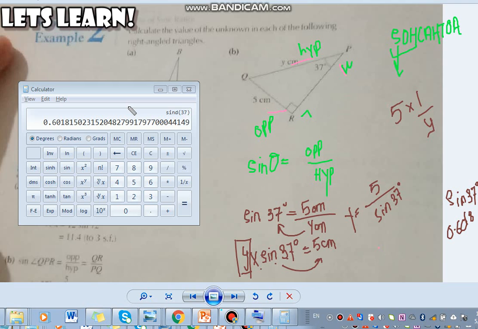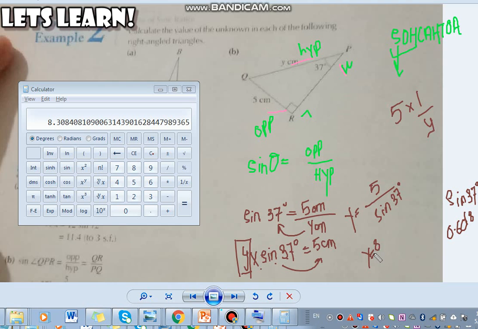But remember that whenever you're doing it in your calculators, you will save this value with the function of answer. You can see the A and S function over there. Because if we skip even a small place, you don't get to see that the answers are changing, but they're actually changing in points. So then when I clear it out, 5 divided by 0.6018, you're getting 8.304. So you'll be getting y is equal to 8.304.